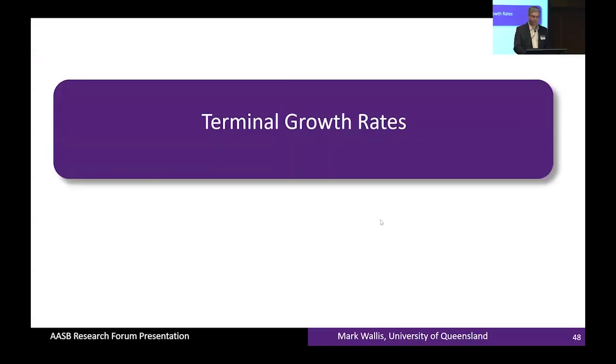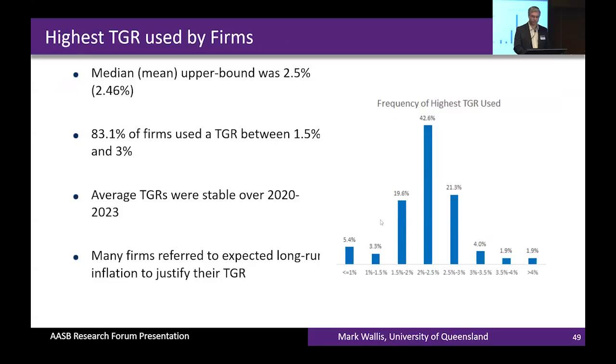Terminal growth rates. Here we can see most firms using a terminal growth rate between 1.5% and 3%. So you can see very few firms use high terminal growth rates. Now, the firms that did disclose how they picked their terminal growth rate largely referred to expected inflation. So they said, well, the RBA's inflation target is between 2 and 3%, so we'll just use